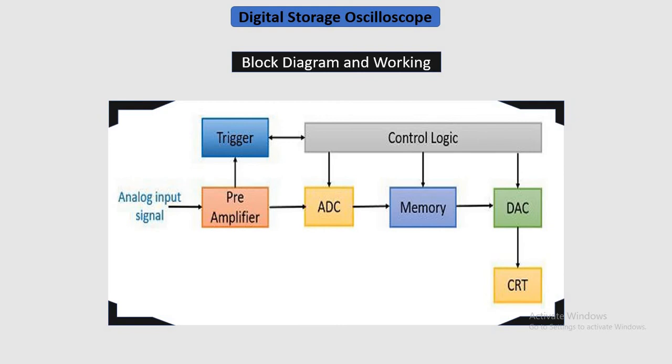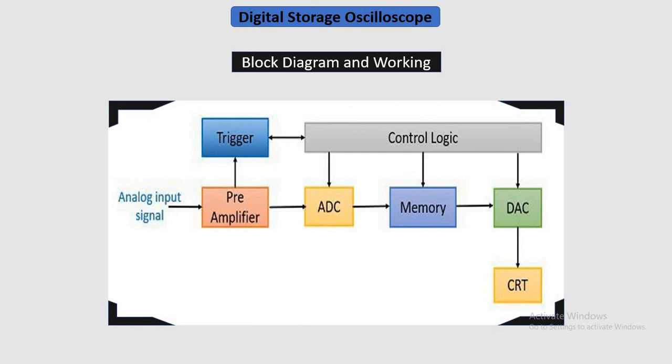So, from this figure, you can see that an analog input signal is fed into the pre-amplifier unit. This unit amplifies the input so as to raise the level of amplitude of the signal. This signal is then fed to an analog to digital converter and the trigger detector. As the voltage crosses the threshold value, the device starts recording on the application of the signal sent by the